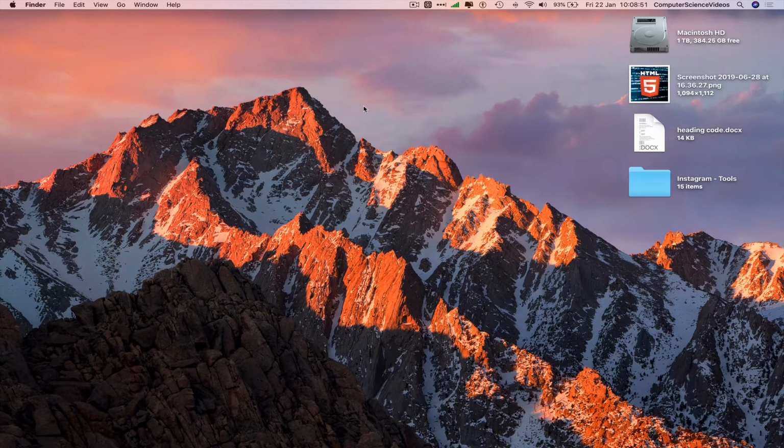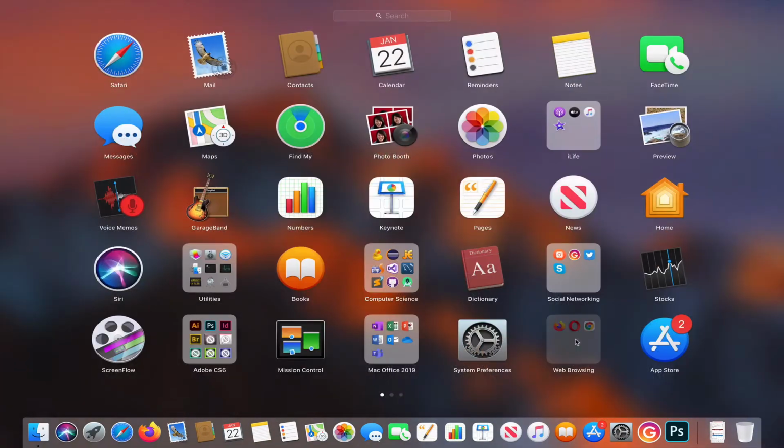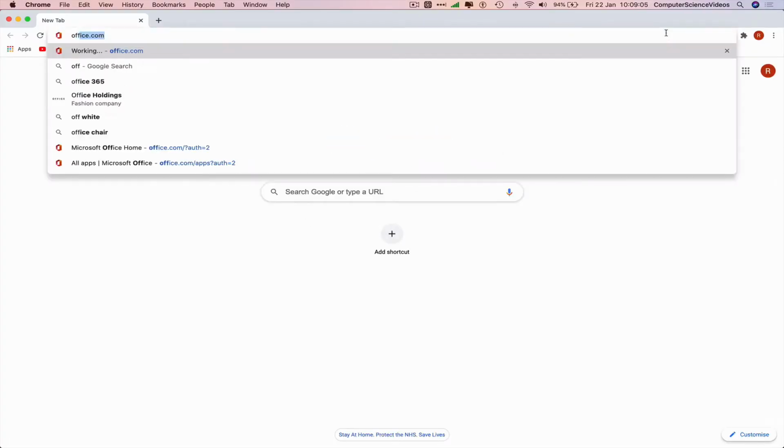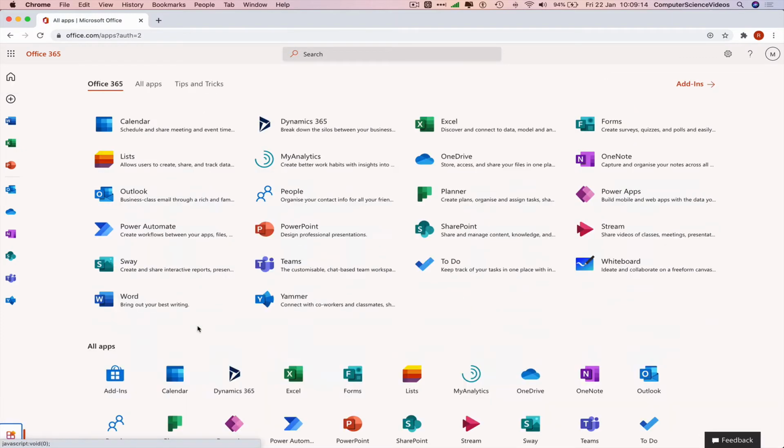So in this tutorial, you need to have access to a Mac computer and an Office 365 account, which can be for work, school or business. So we can now go all the way down to the dock, go to Launchpad, go to your web browser, which is Google Chrome in this case. Go to office.com, make sure you are signed into the account, and then go to the left-hand side navigation menu, or go to the bottom left corner of the screen where we have all apps. Click on this, go to Teams,